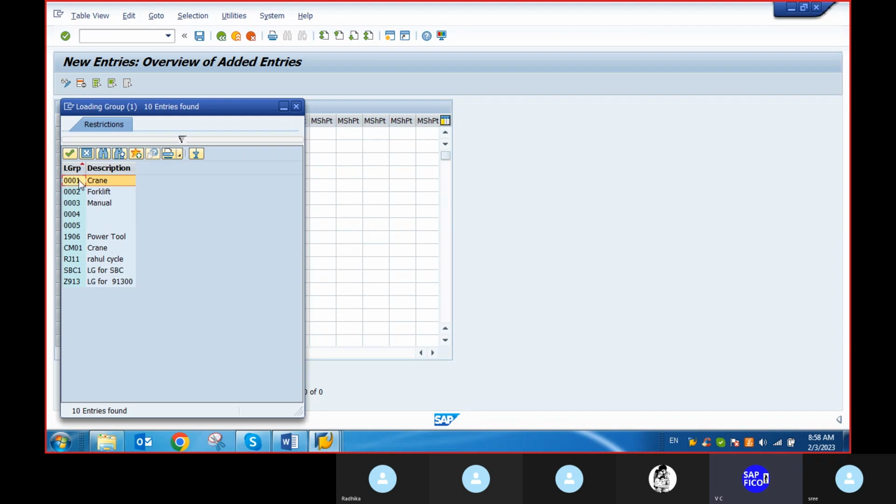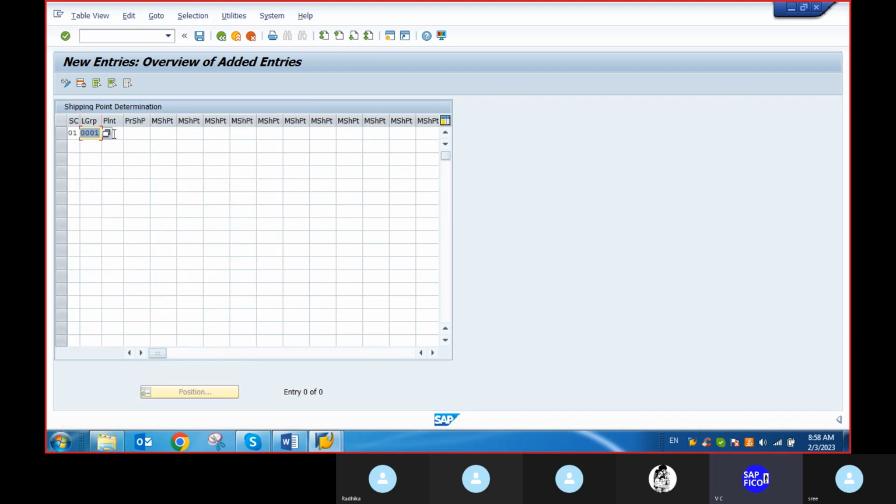0001, take out a 000. Okay, see, if it is a large type of goods, if it is a Hyundai car, or a BMW car, or any Tata cars, they will automatically ship the goods, right? So give your plant, ma'am, take out your plant, from which plant you are producing the goods,